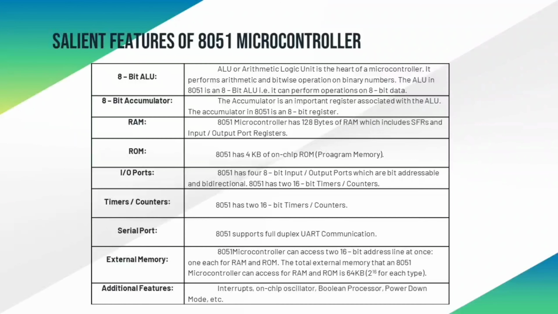Apart from the salient features listed, the 8051 IP cores are free to use. They are smaller and consume less power than 32-bit ARM cores. They have enough variants that provide processing power from 1 million instructions per second to 450 million instructions per second. The newer variants of the 8051 currently available in the market are more powerful, consume less power, and most importantly, are cheaper.